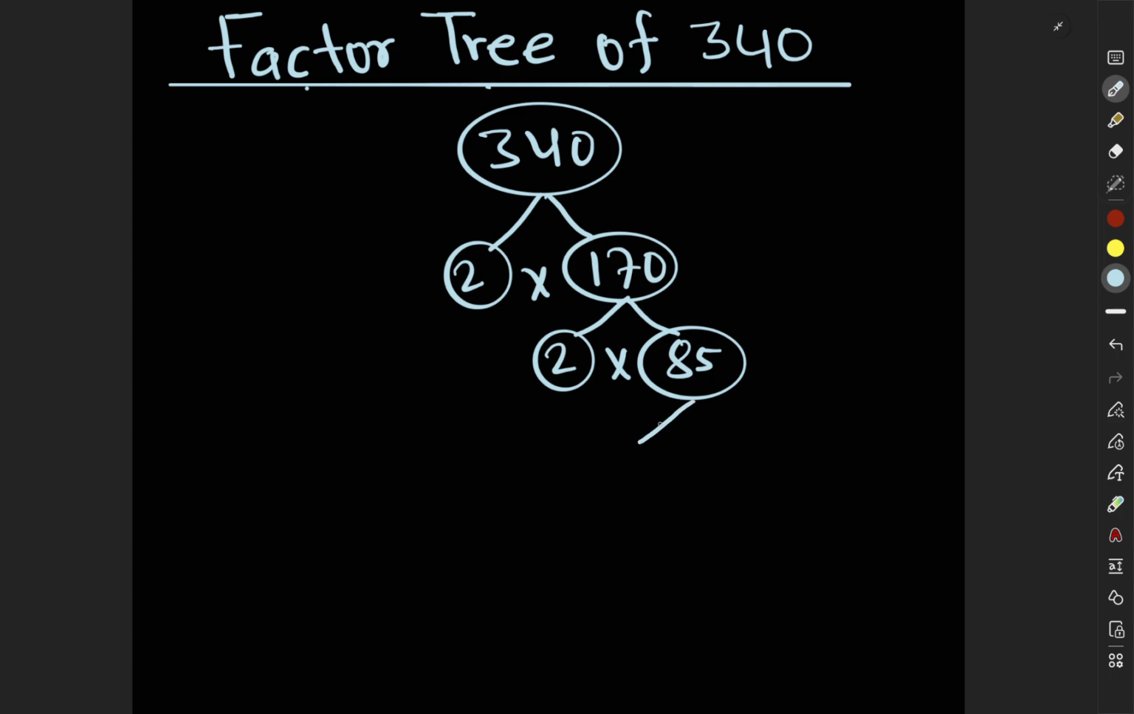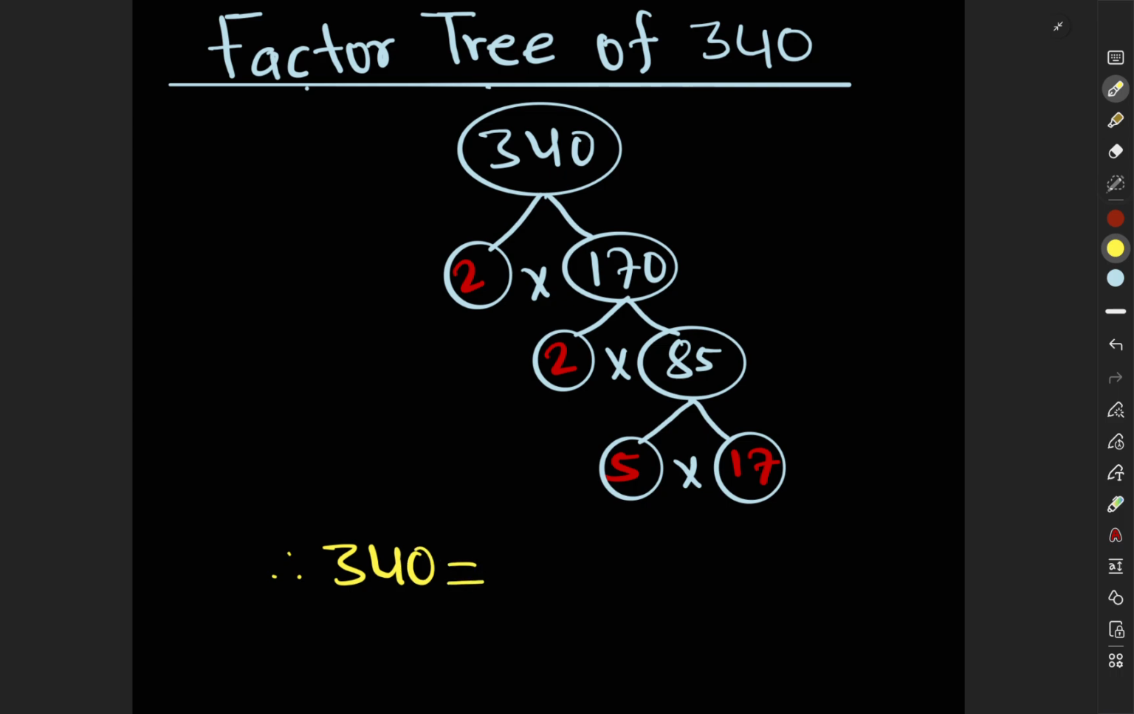And 85 can be written as 5 times 17. 5 times 17 means 85. So now we select the prime numbers in all these numbers. So the prime numbers are 2, 2, 5 and 17. So we can write